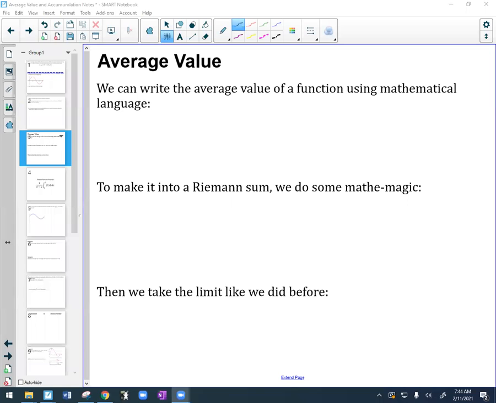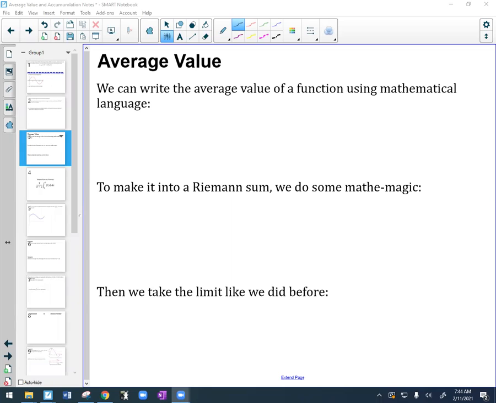Hey guys, welcome to what will be the last lessons of this unit. Two topics, average value and accumulation, which is not really a new topic, but I'm going to do some more with it. So average value is pretty much one formula, but there's